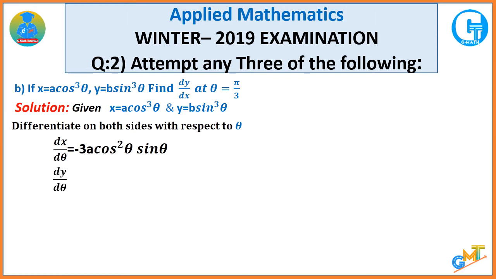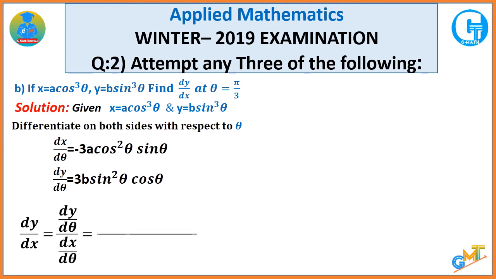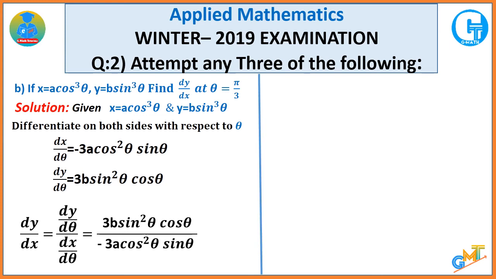Similarly, dy by d theta is equal to 3b sin square theta cos theta. Now we use a chain rule as dy by dx is equal to dy by d theta divided by dx by d theta. That is 3b sin square theta cos theta divided by minus 3a cos square theta sin theta. So cancel 3 cos theta and 1 sin theta. Remaining terms are dy by dx is equal to minus b sin theta divided by a cos theta, and sin